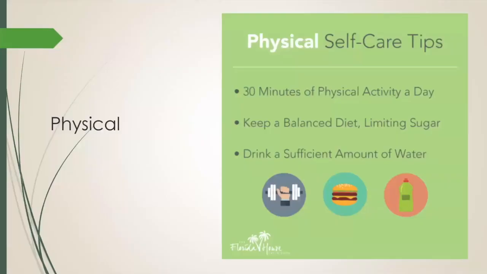So now we are going to be going into the 4 areas of self-care. Some of these may be interchangeable in terms of a bit of an overlap, but we're going to look at them one by one and see what can come up for us. So I'm going to start off with physical self-care because for me, it's the easiest of the lot to understand and to do. And if we're looking at the image over here, the image provided gives us a very simplistic view of the physical self-care.